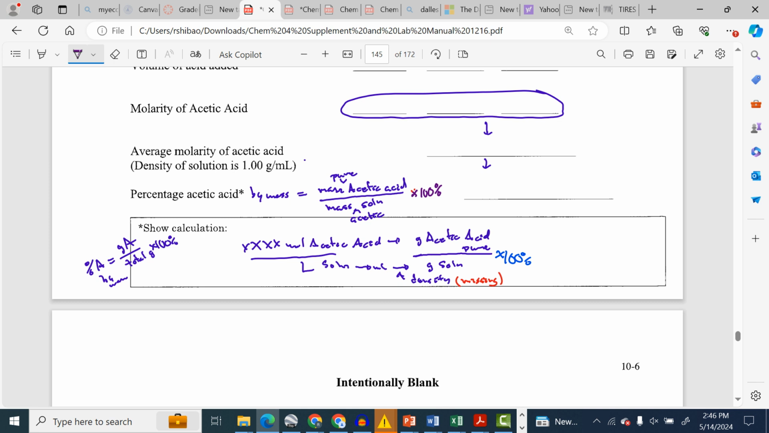What would you rather do? Would you rather guess the density or